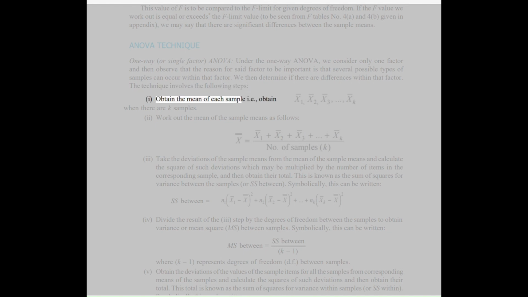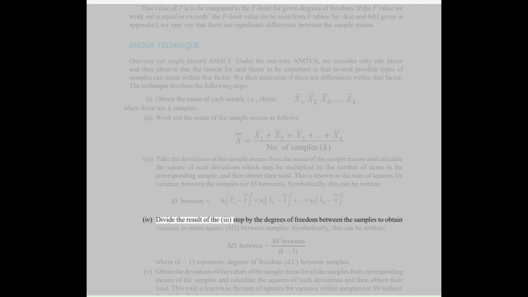1. Obtain the mean of each sample, when there are k samples. 2. Work out the mean of the sample means as follows. 3. Take the deviations of the sample means from the mean of the sample means and calculate the square of such deviations, which may be multiplied by the number of items in the corresponding sample, and then obtain their total. This is known as the sum of squares for variance between the samples, or SS between. Symbolically, this can be written SS between is equal to